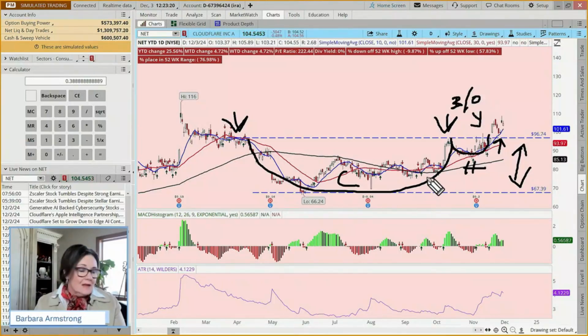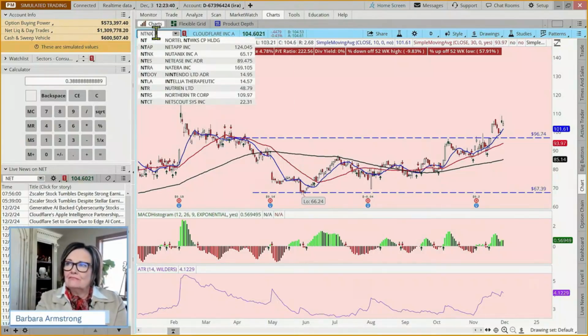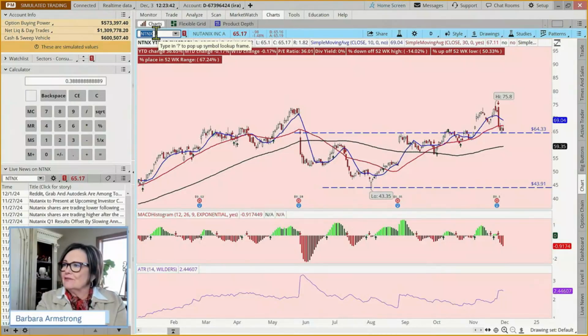Okay. Now, that's just one pattern. There's a couple of other patterns, and one that we've seen a lot of lately. I'm just going to go through a bunch of different ticker symbols without placing trades, and then we can go back, time permitting, because I want to show you a couple of other either consolidation or trend reversal patterns.